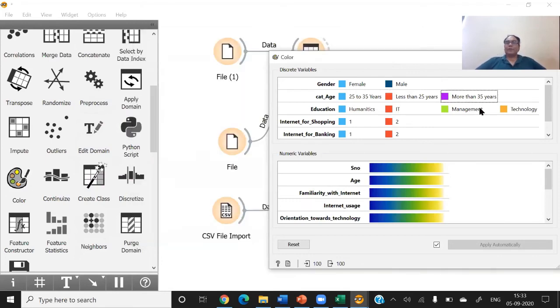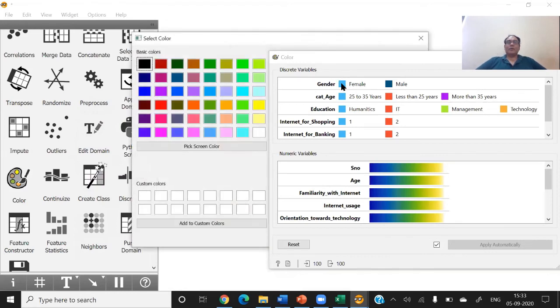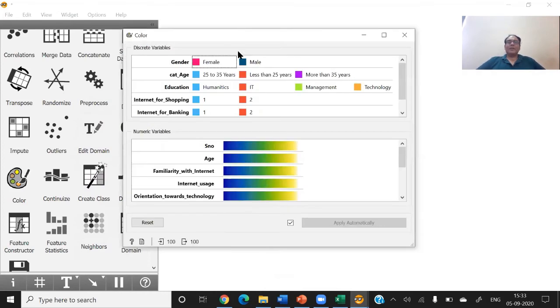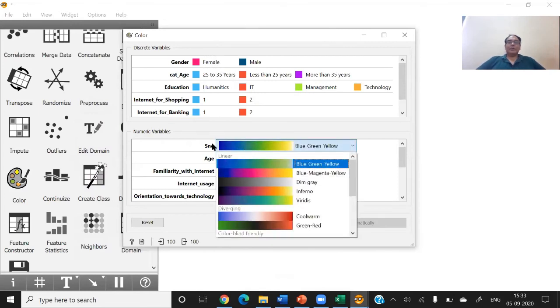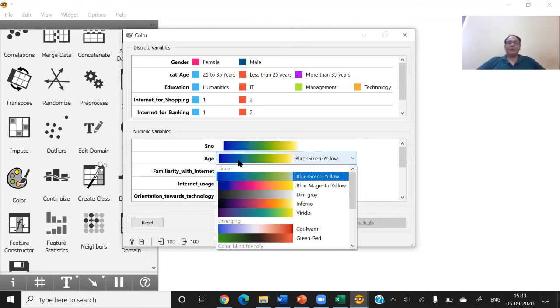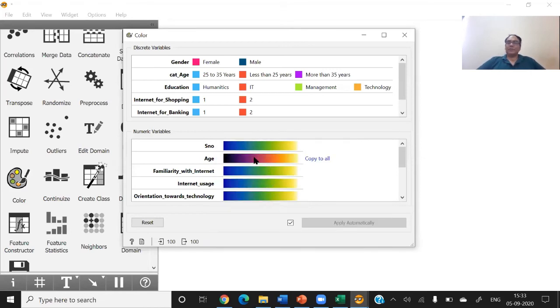And for females, let's say you want pink, we can use it to represent the females. I hope you understand this. So you provide a different color to the people, and you can select the color for different options like age. Age you want to represent with this color, but here we do not have very colorful options.